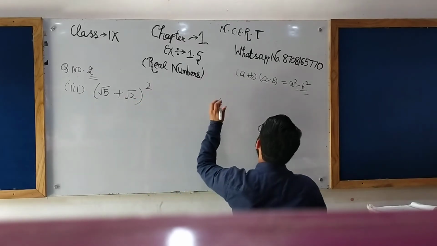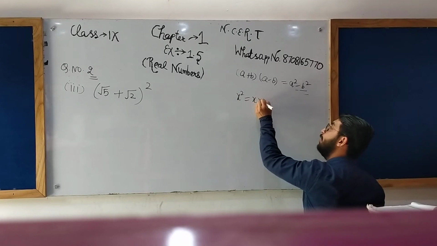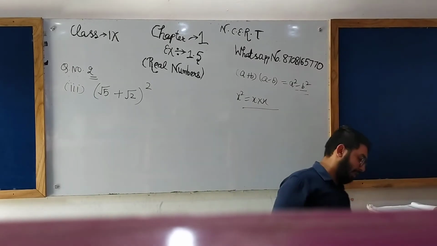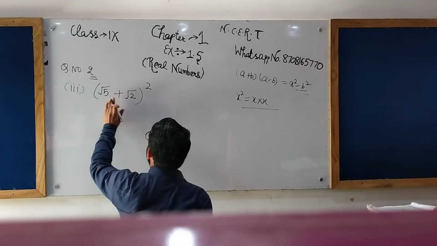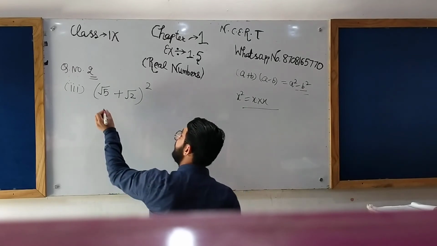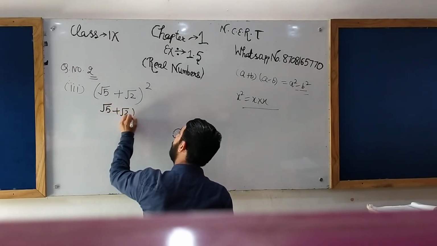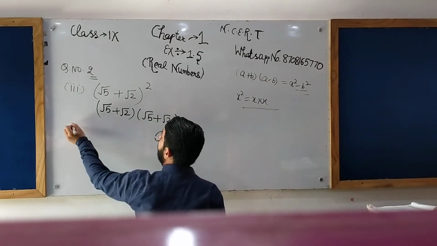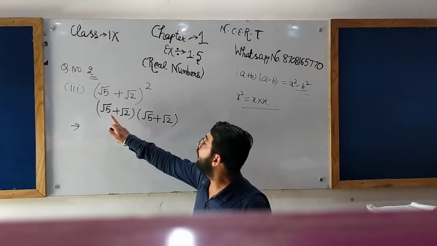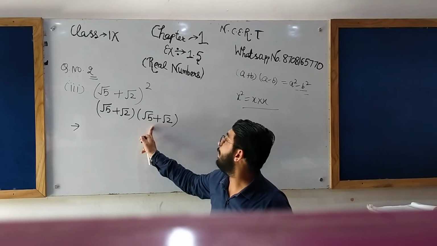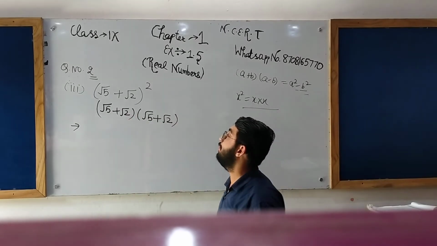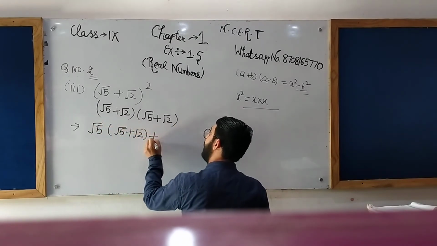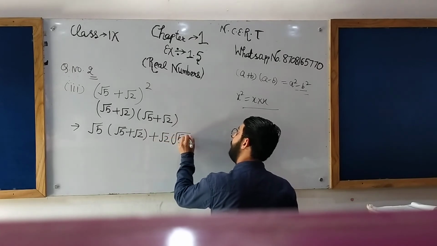Okay. Here suppose x square is there. What can you write? x into x. You can write it as factors. Now here root 5 plus root 2 is how many times? 2 times in multiplication. So I can write it as root 5 plus root 2 into root 5 plus root 2. Okay, clear? Now, what will we do? As earlier, we'll distribute root 5 in root 5 plus root 2 first, then root 2 in root 5 plus root 2. How? Listen. Root 5 into root 5 plus root 2, plus root 2 into root 5 plus root 2.